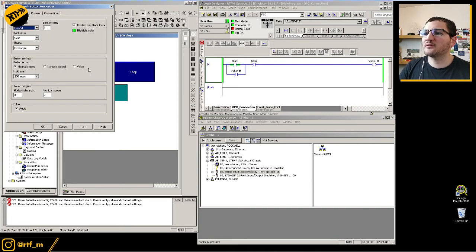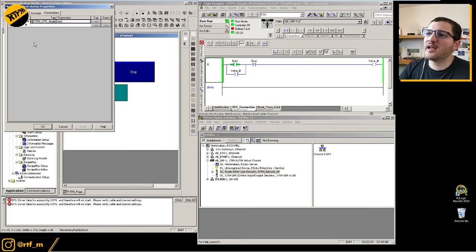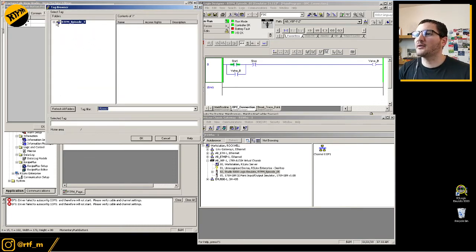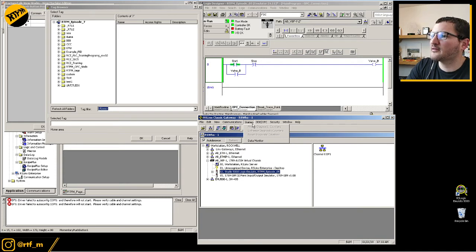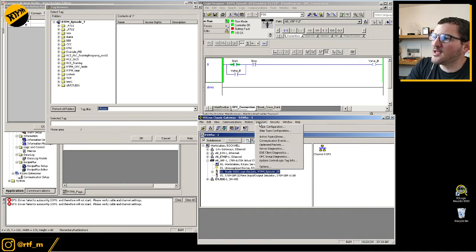So just double click on the start button to access properties and connections, right? Let's just get rid of this and delete that. This is from the previous video. We select tag. Here we go, guys. This is what I wanted to show you. So if we refresh all folders, right, it brings up all those devices, right? So let me just show you, if we go to RSLinx Classic and the DDE/OPC tab and open up